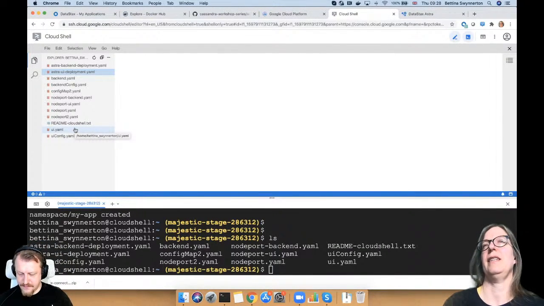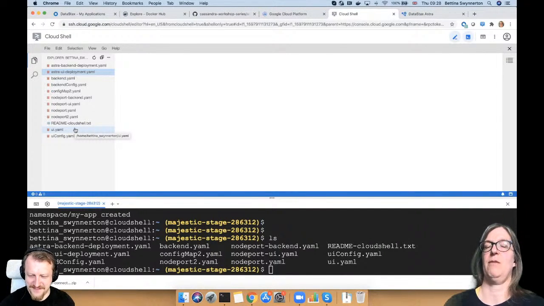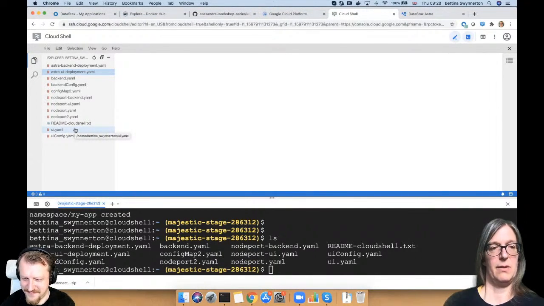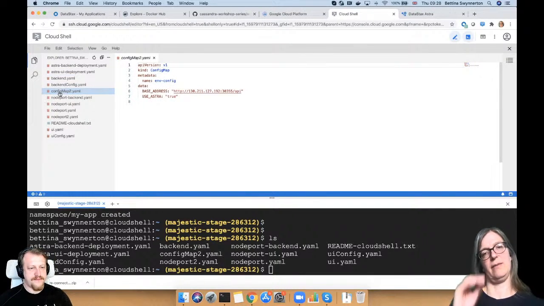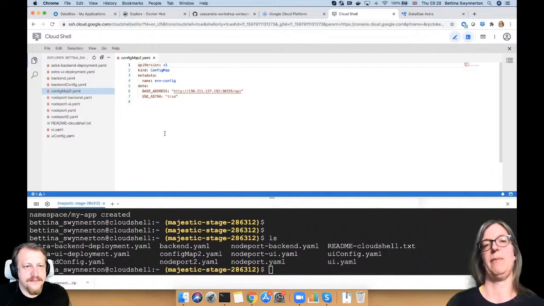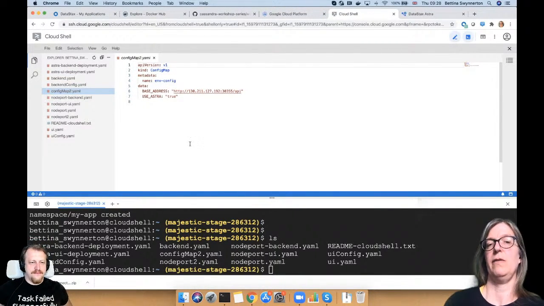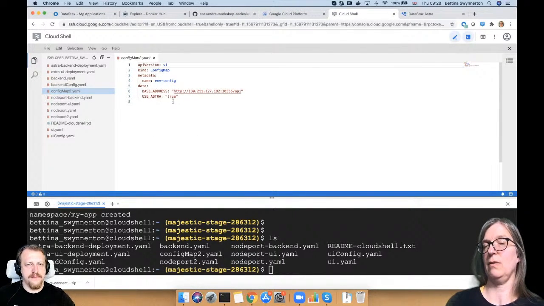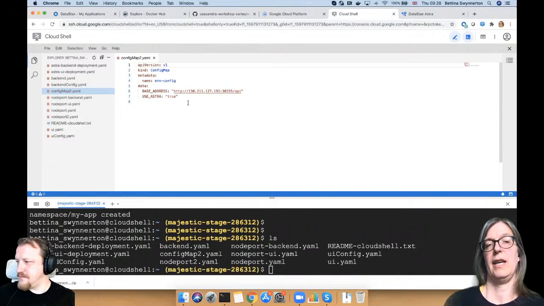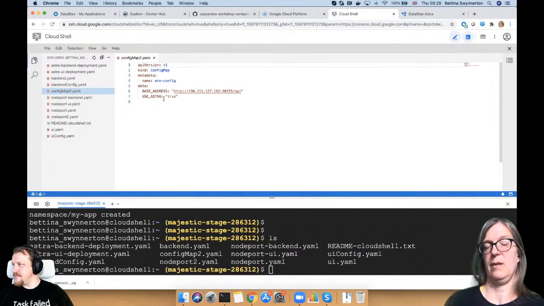So let's remember what we need to do in order to launch our pods. First, we need to have a configuration which has the environment variables in there. And we call this the config map. Is it this one? That looks good. So that looks like a config map that we can use. So we use the environment variable use Astra, and we're setting it to true. We want to connect to Astra. And the Python backend will only use this environment variable.